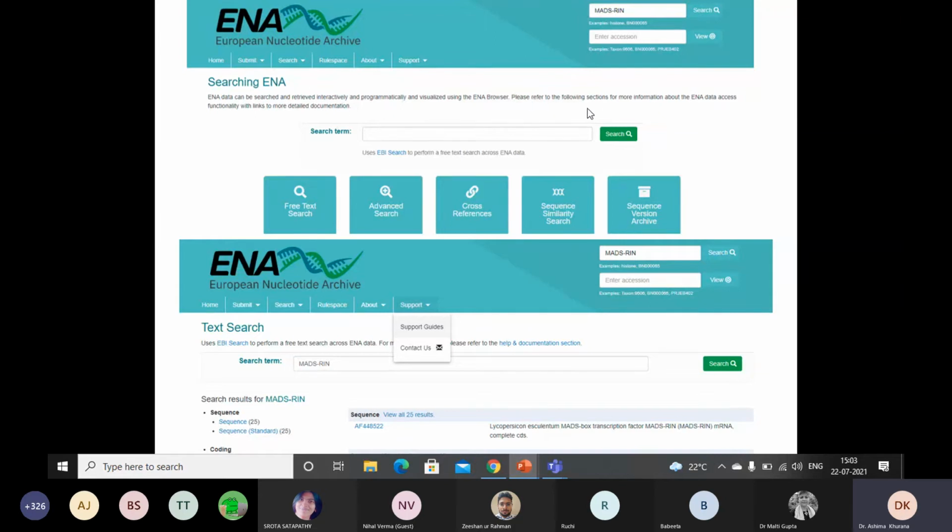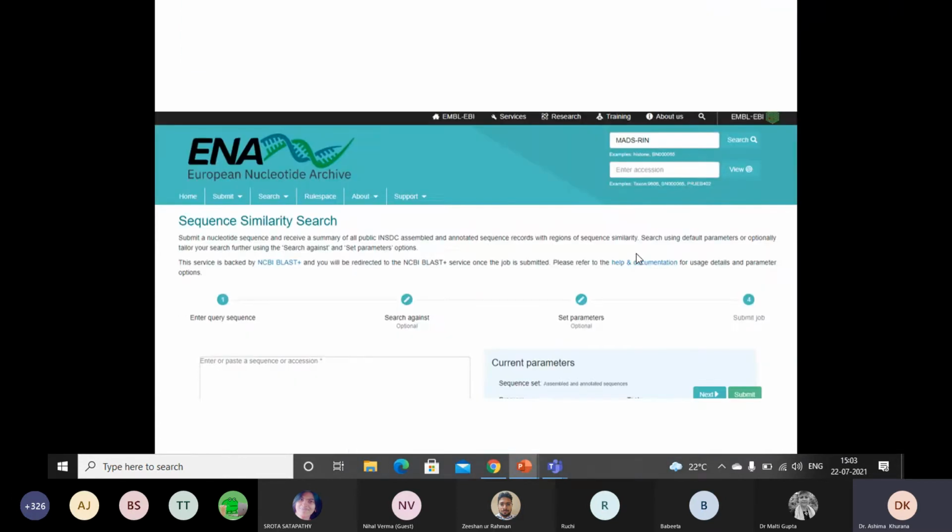So one has to refer to the sections for more information. And one can have a free text search, advanced search, cross references. So it provides these things, a sequence similarity search, sequence version archive. So like if you write Mazarin gene here, then it also offers sequence similarity search.